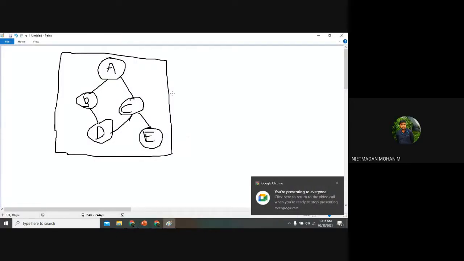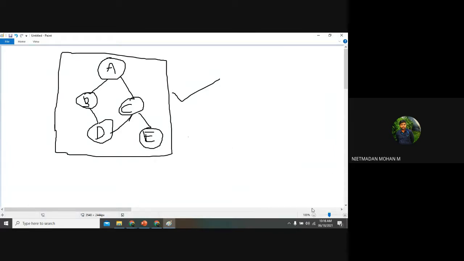Whether it is a complete graph. We have given an answer for whether it is a complete graph. I am asking whether this is a complete graph or not.